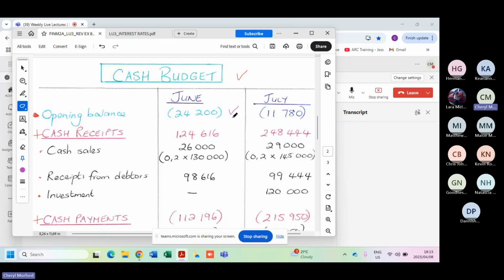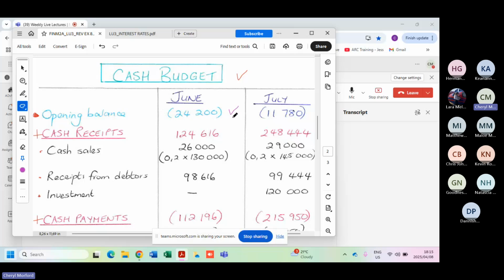So the bank can either have a positive balance, or if it's an overdraft, don't forget the brackets, because this is a possible mistake in a cash budget. You have to be very careful as to what has a bracket around it, because you need to minus those, and what doesn't. So cash inflows, cash outflows, that's the name of the game in this kind of question. If you forgot to put the brackets around that, you're getting off to a rather disastrous start. So if it says overdraft, like it does in our question, additional information number 8, that told me I must put the bracket.